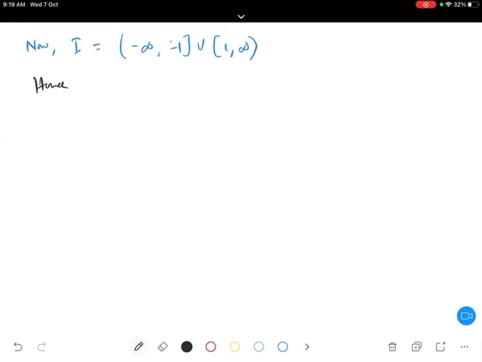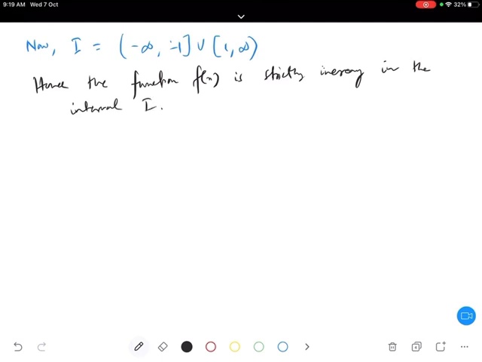Hence the function f(x) is strictly increasing in the interval I. So hence we can say that the function is strictly increasing in the interval I. Okay, so that's how we